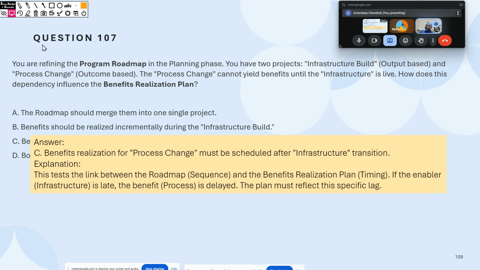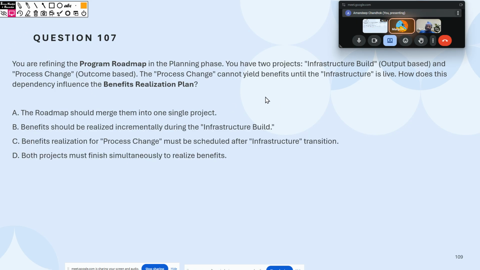Here I have a small clarification. For dependency-related scenarios, we have a dependency matrix and we do have a network diagram. For the program-specific scenarios, what is ideal? Because in the case of project management, we